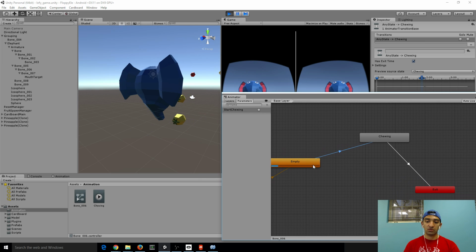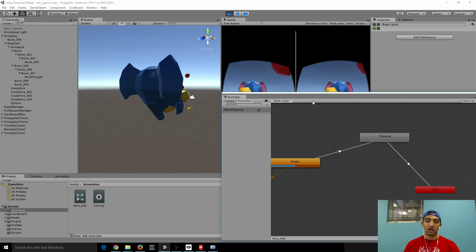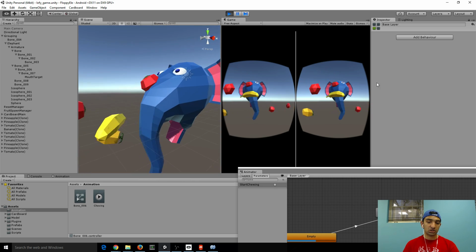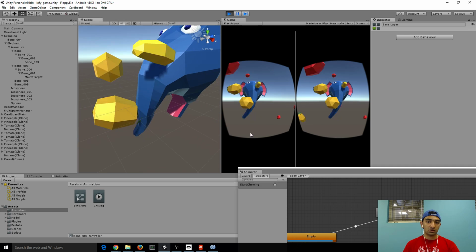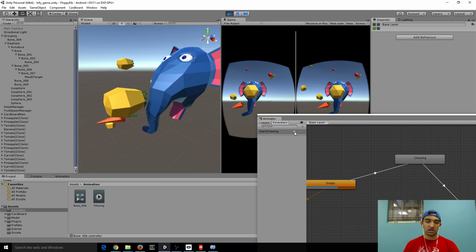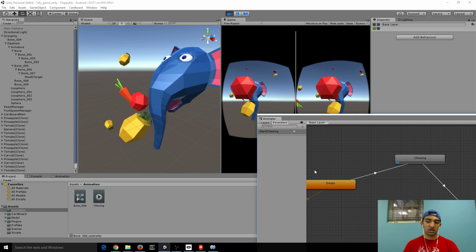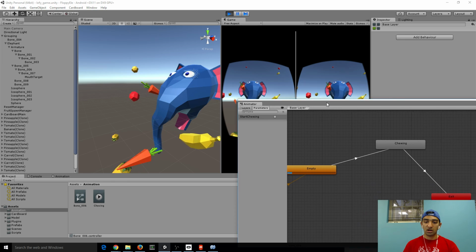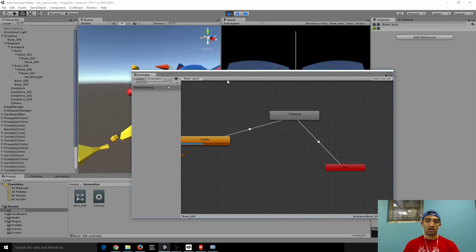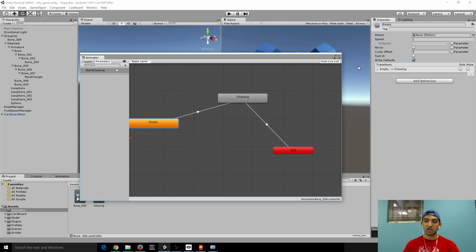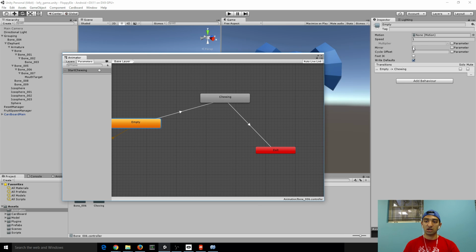So now it's just waiting in empty, and when we click it, it does our chewing animation. So we can view that again now in the scene view with us actually looking at it. Again, does our chewing, and then opens up. Sweet. The one thing we want to be a little careful of is the fact that empty is looping here. We want to set the speed to actually be really high so that